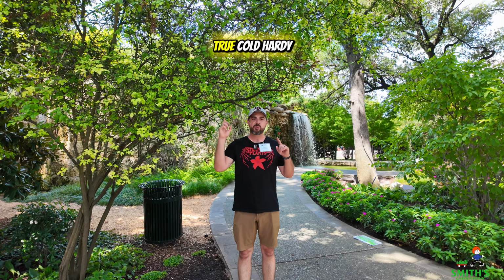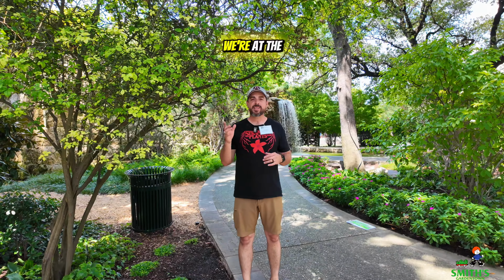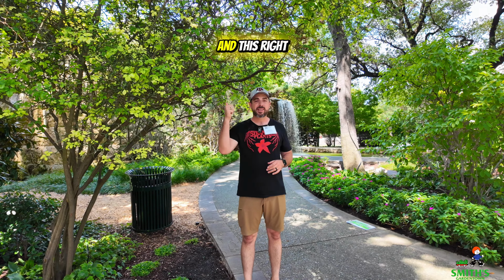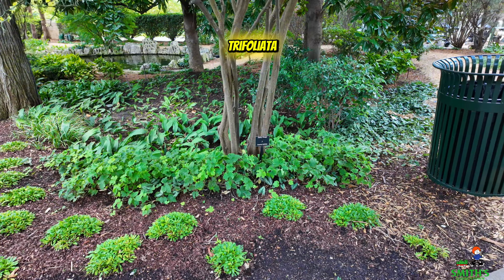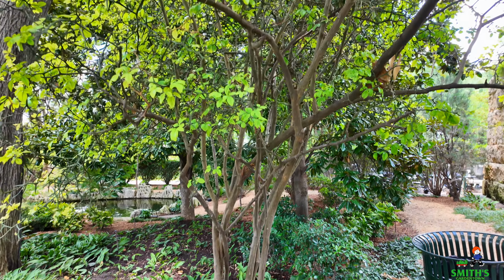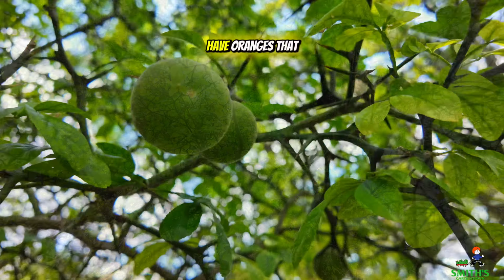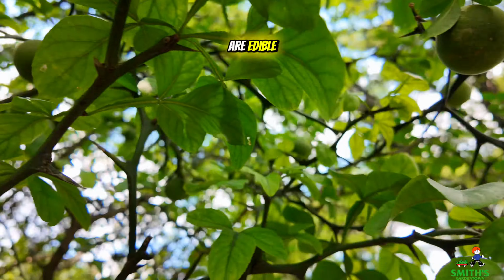This is a true cold hardy orange tree, so let's talk about it. We're here at the Dallas Arboretum, and this right here is Poncirus trifoliata, or trifoliate orange, or hardy orange. Now, it's not known for having delicious oranges, though it does have oranges that are edible, though they aren't really